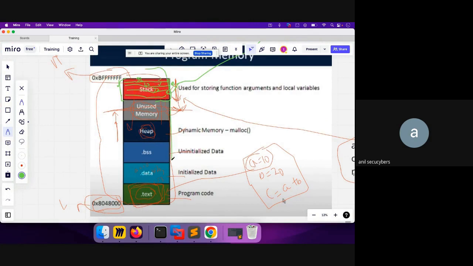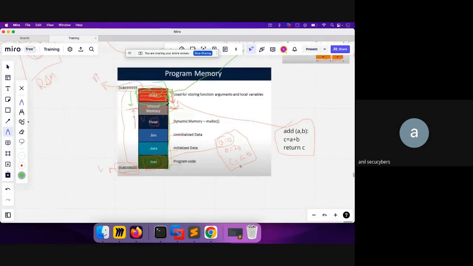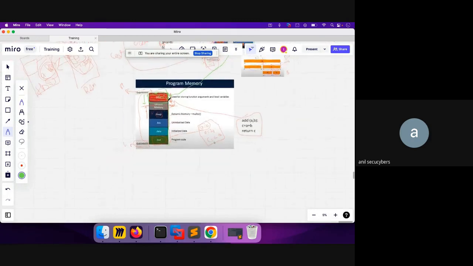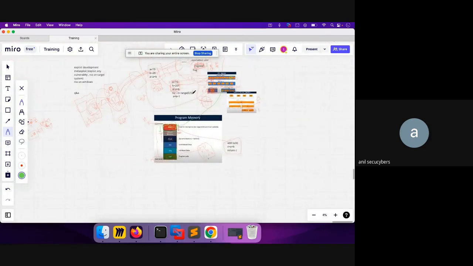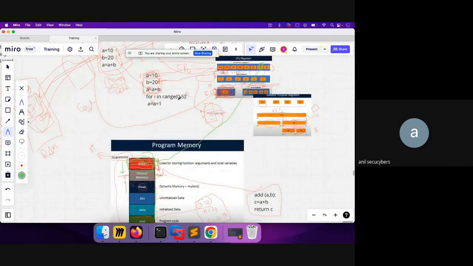So it will have the 6 sections over here, and in that we are dealing with the stack memory, which grows from high to low. This is all about a brief introduction to how a normal process works. Now that we have learned how a normal process works, we will see how we can exploit this architecture and get remote code execution control of the system. With that in mind, let's start our discussion